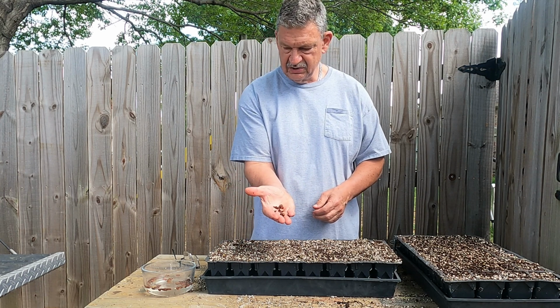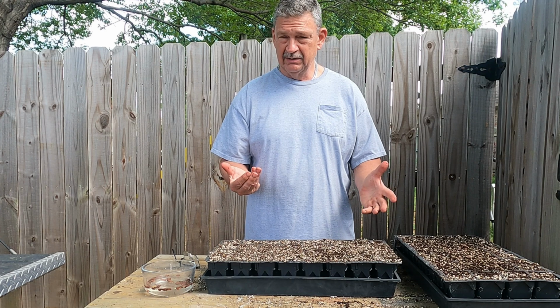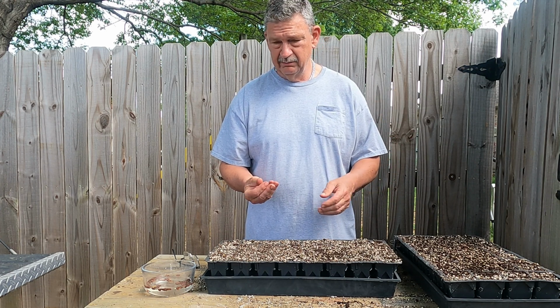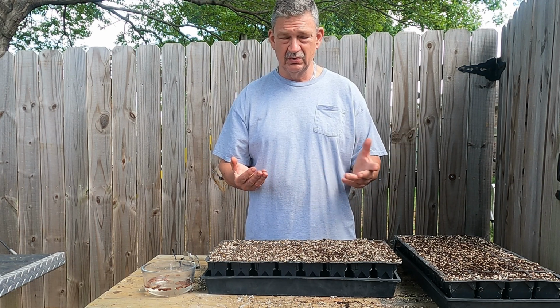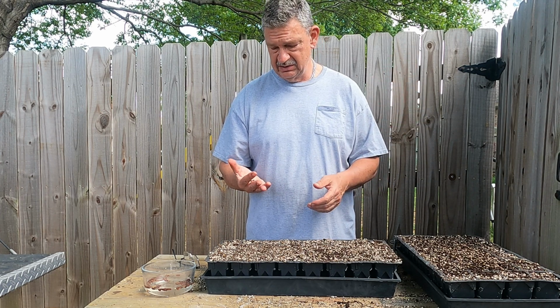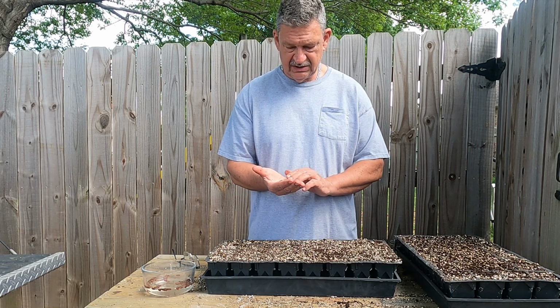So here's the seeds. I'll show them to you close up here in just a second. Basically these seeds, I picked them up off the ground. The cones had fallen to the ground. I picked them up off the ground, put them in a bag, left the bag open, stored them in the garage. Never went in the refrigerator, never did anything. Just let them store at room temperature or whatever natural temperature outside in the garage was. So I'm going to move in a little bit closer and I'll show you the seeds up close